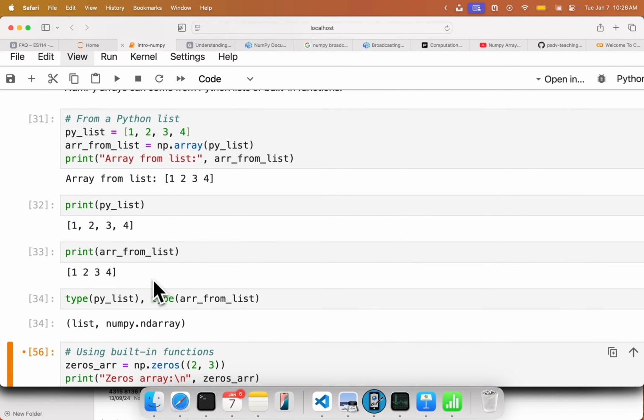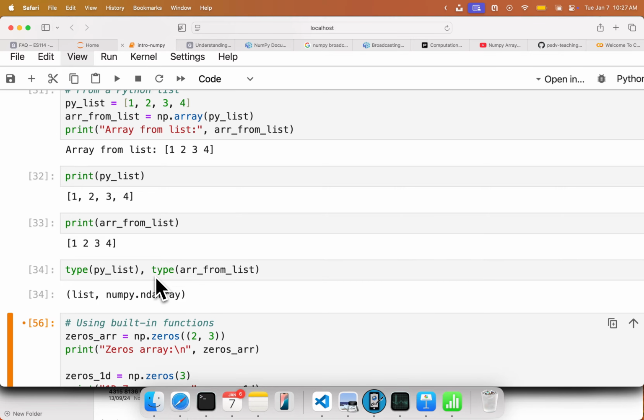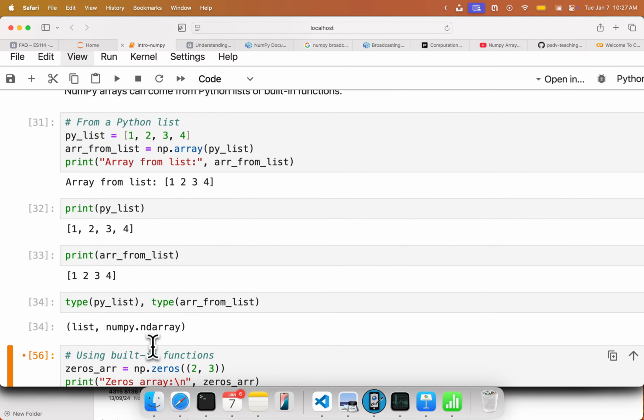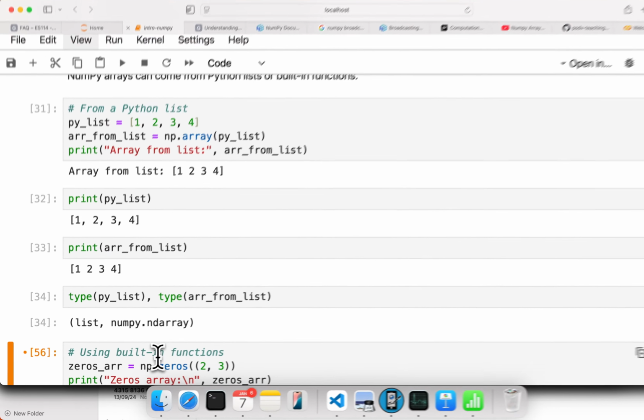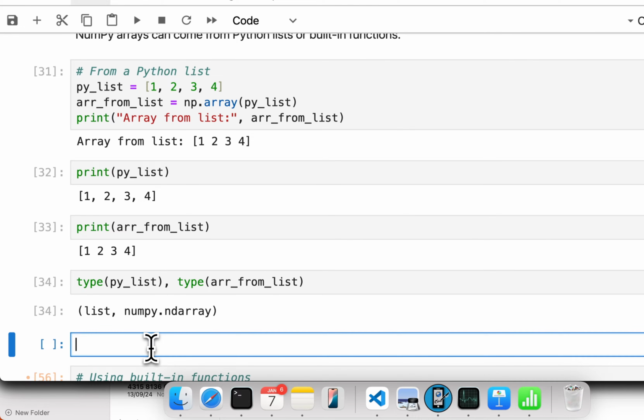Now, often we want to create different kinds of NumPy arrays. Whenever you use arrays in machine learning, you'll often end up using different kinds of matrices and arrays. Some of them are vectors, some of them are the zero vectors, some of them are the zero matrices, some of them are the identity matrices. So NumPy provides you different ways of creating those. Like if I wanted to create NumPy arrays of zeros,